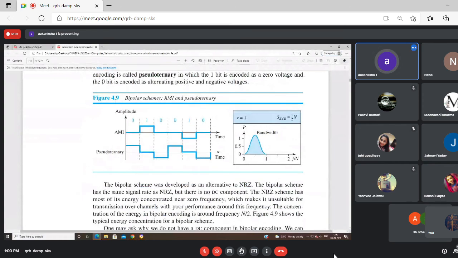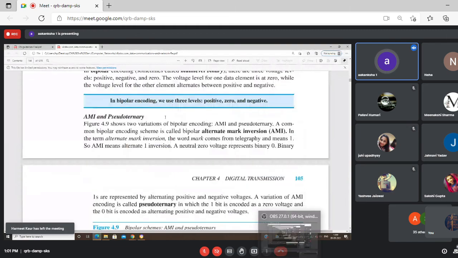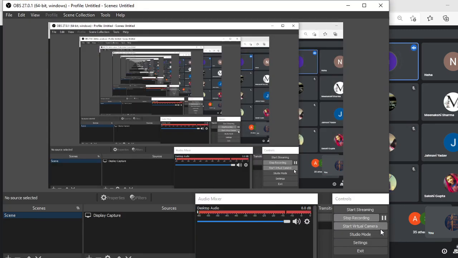There are 2 schemes, AMI and pseudo ternary. AMI uses 0 for 0, a constant 0 level. For 1 it is using a high level. For continuous zeros it is using 0, and for 1 it is making the transition to negative, because previously for 1 we used positive, now for the next one we will use negative, and 0 is always represented as 0. So for AMI we say alternate mark inversion. So alternate once